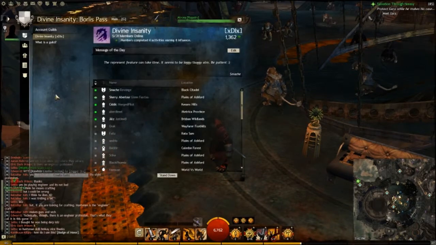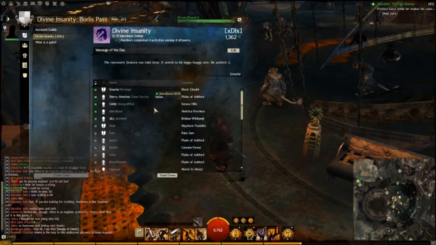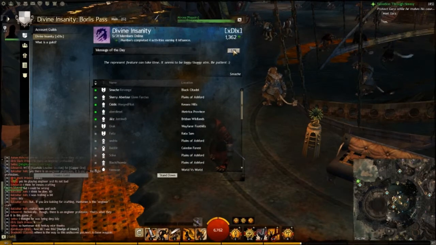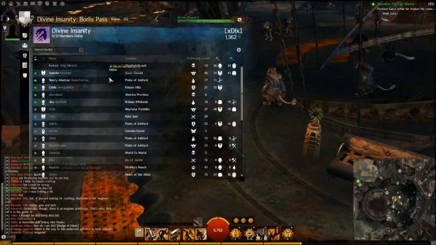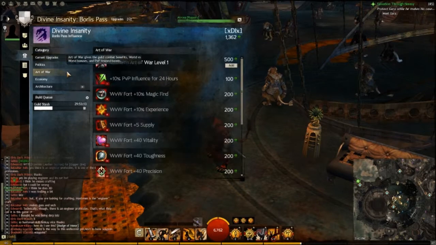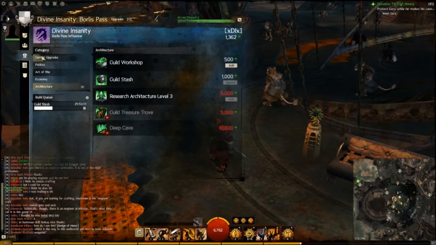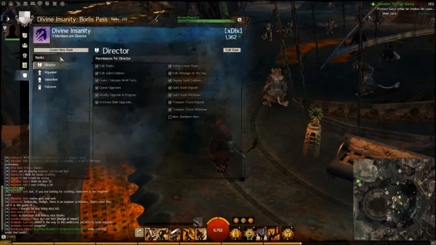Next up is your guild tab, which shows everyone in your guild that you've recruited, and the message of the day. Obviously, if you're a guild leader, you have a bit more to do here, like you edit the message of the day and you can look at your roster completely. You can check out your upgrades and add new upgrades from the different guild categories. You can check the history of influence earning and people leaving and all that, and then you can edit the